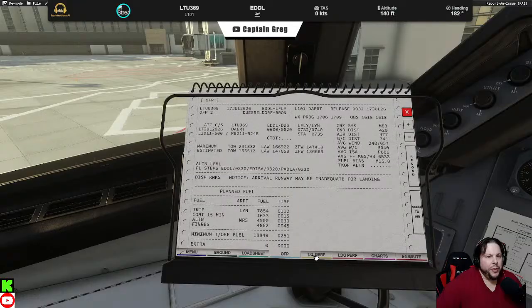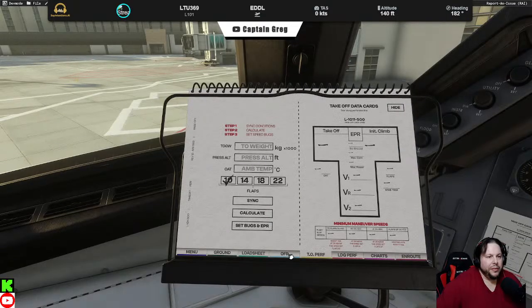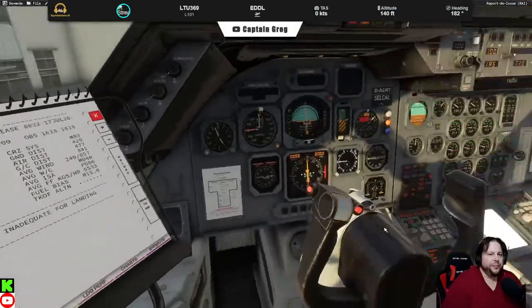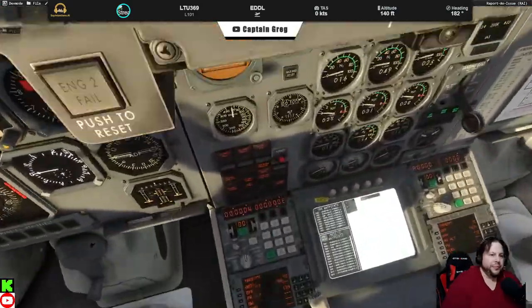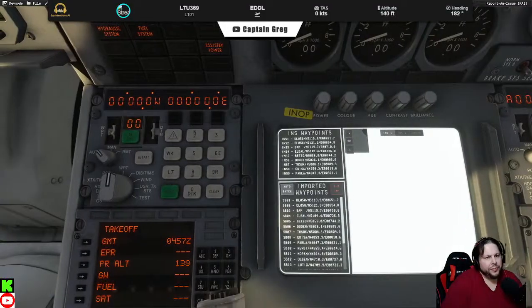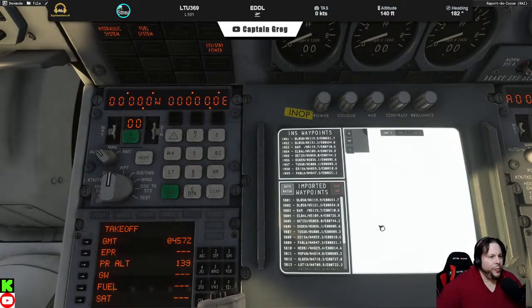All right, there's our flight plan. Send this to the INS system. Okay, so there's all our waypoints. We do need to get our position put in here, so let's get